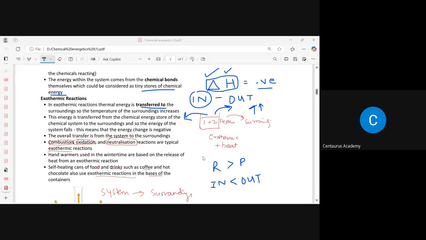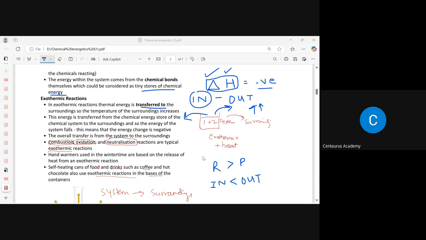Okay. Moving on to what are the chemical reactions which are very typical of exothermic. For instance, when you look into the question papers, or if you go through your past papers, you are going to analyze a few things. Usually it is asked in your paper 2 and paper 4, where the MCQs and the subjective paper, the theory paper, they are going to mention that this reaction is